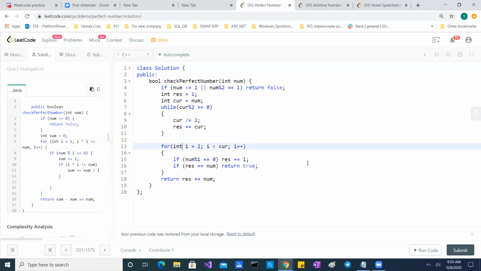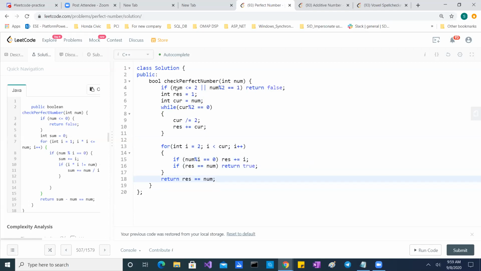At the end I start from whatever is remaining, from 2 to the number, and keep on adding the same thing. If I find its divisor, I add that, and whenever the sum equals my number, I return true.